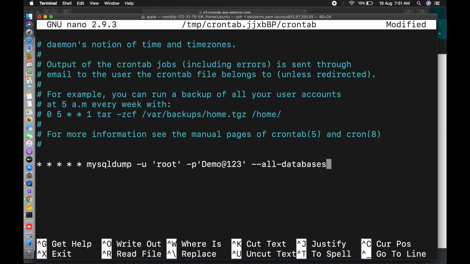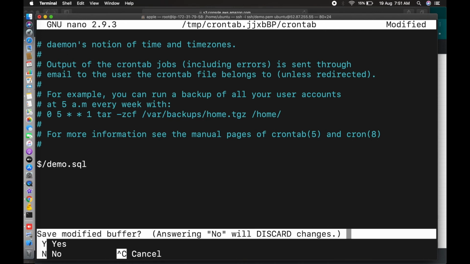Don't keep a space between -p and your password because it will not work. Then all databases, or you can keep your particular database name also. Your destination would be /home/ubuntu, and your file name is demo.sql. So this is the command for taking a backup